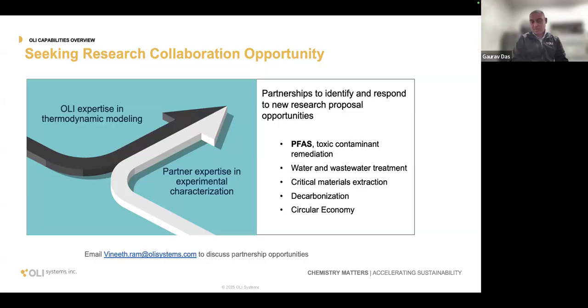Yeah, we are open to collaborate with any kind of research opportunities. Like where new areas may be emerging, right? PFAS and toxic contaminants. There is a lot of interest in this area, but there are limited data. So in that case, we can do initial modeling and give them the initial operating window, where they can do separation experiments or even obtain fundamental data. Then we can take the data and hone our model to generate the next set of predictions.